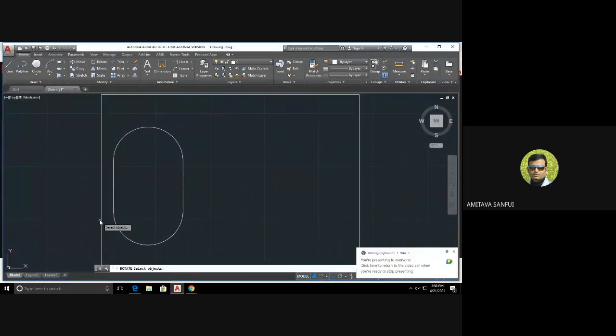So rotate. Now I have to select the whole object first, then press enter to move to the next step. Now let us say I will rotate the object 90 degree clockwise.